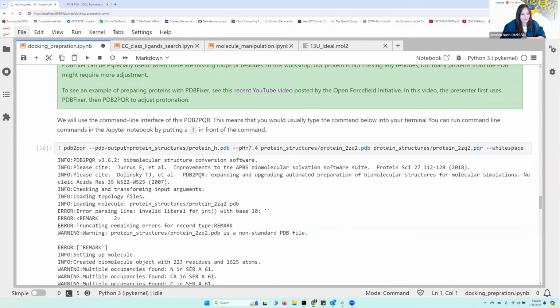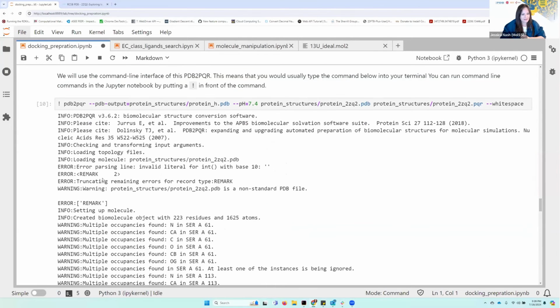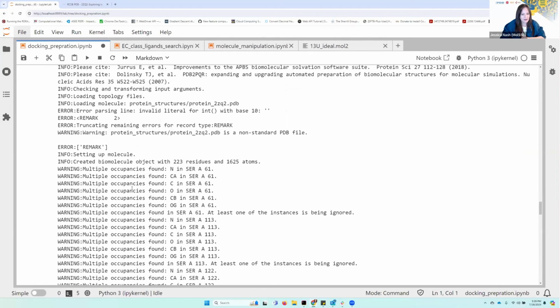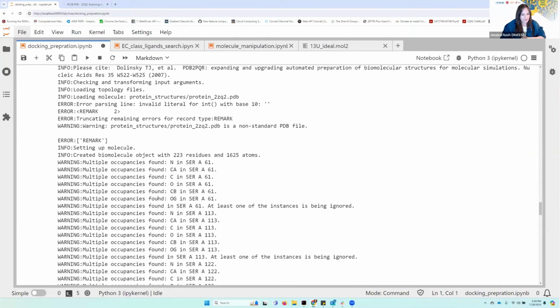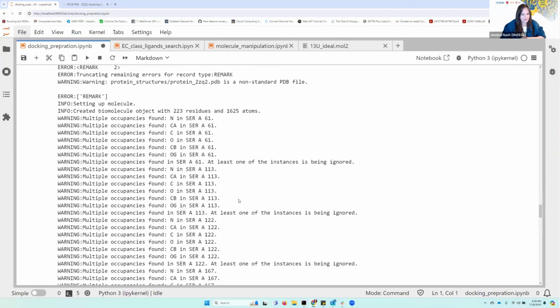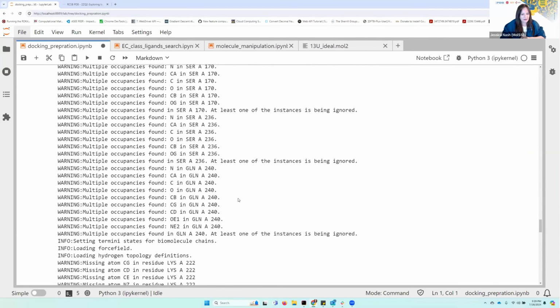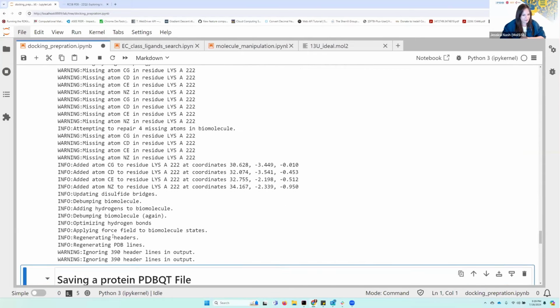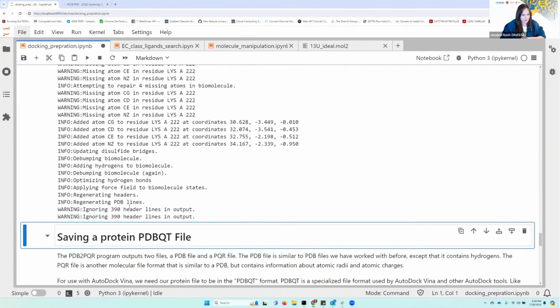You can see that it has some citations for you as well as some outputs. So here it tells us that it's creating a biomolecule object. It's telling us places where we discuss the idea of multiple occupancies in our PDB file. So we have some residues that have atoms with multiple occupancies, and PDB2PQR is picking some of these. It also is telling us that there are some missing atoms that have been found. And then it is outputting